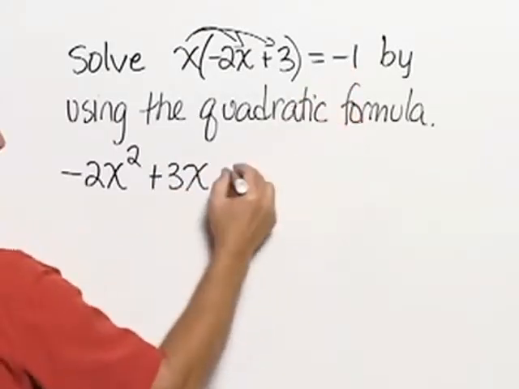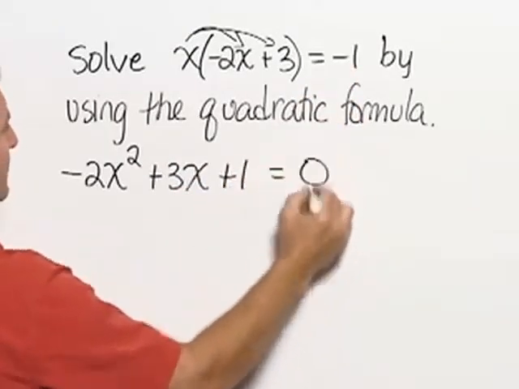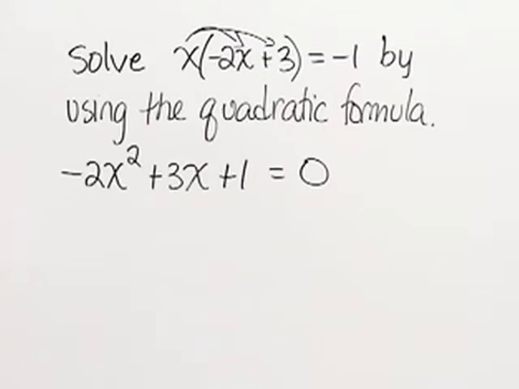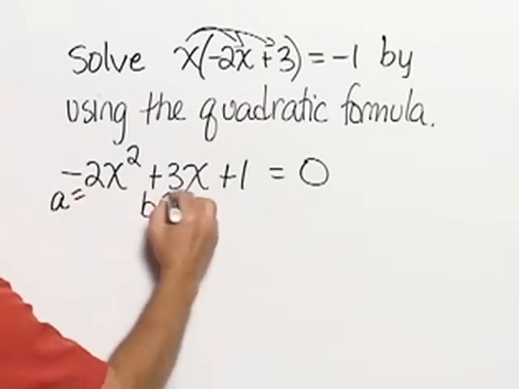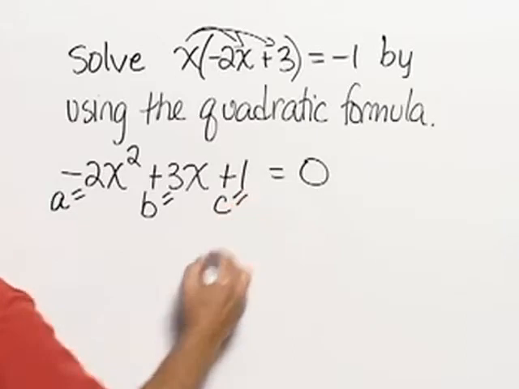We need to add 1 to each side, and so we now have negative 2x squared plus 3x plus 1 equals 0. In this case, A is equal to negative 2, B is equal to 3, and C is equal